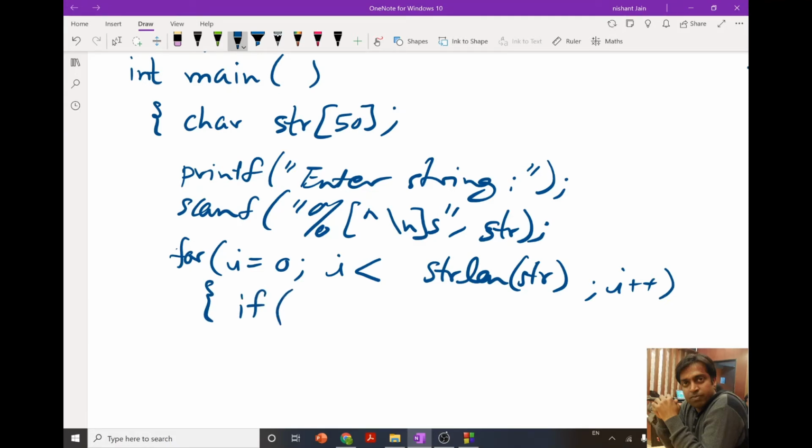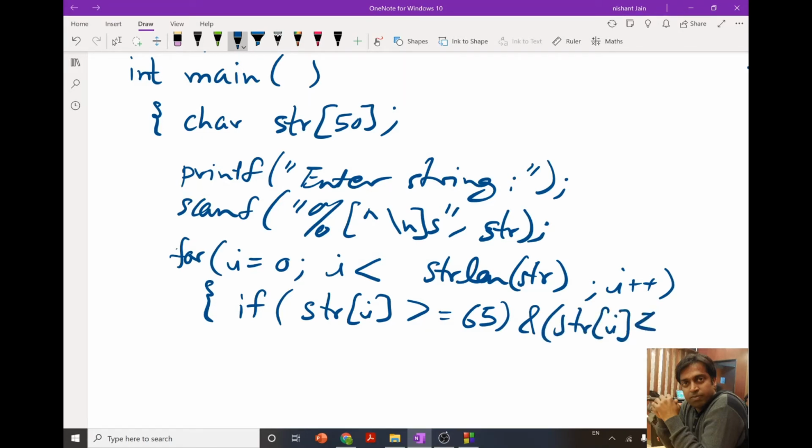If str[i] is greater than or equal to 65 and str[i] is less than or equal to 90, then I put str[i] equals str[i] plus 32.